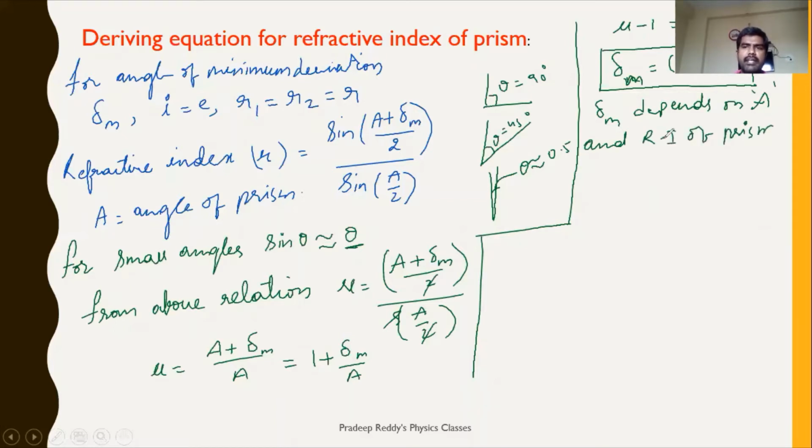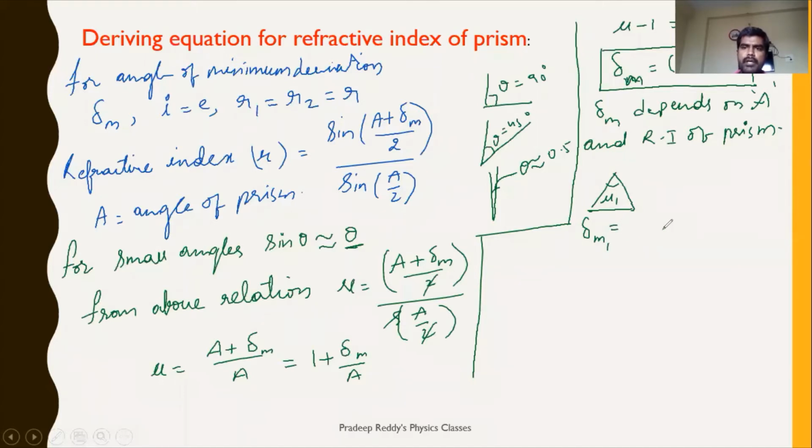So if the refractive index is different, then in such cases delta m will be different. Like for example, you are taking two different prisms. Like here is one prism, you have some angle A, and its refractive index is mu 1. Then in such cases you will have delta m1 and that delta m1 is equal to (mu1 minus 1) into